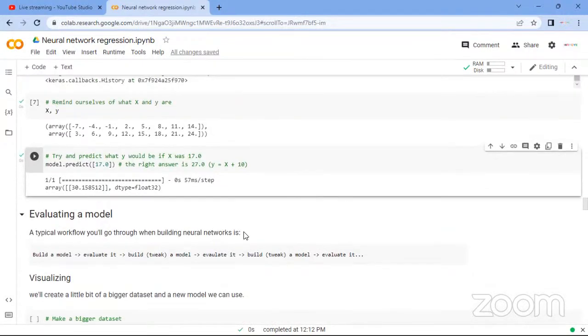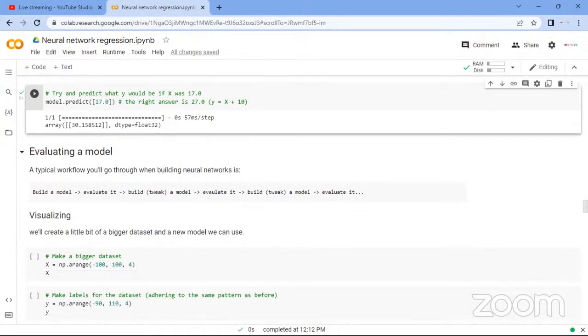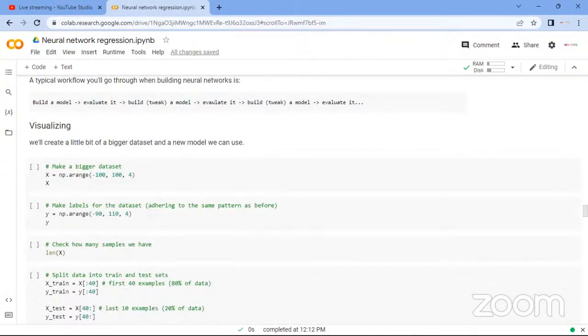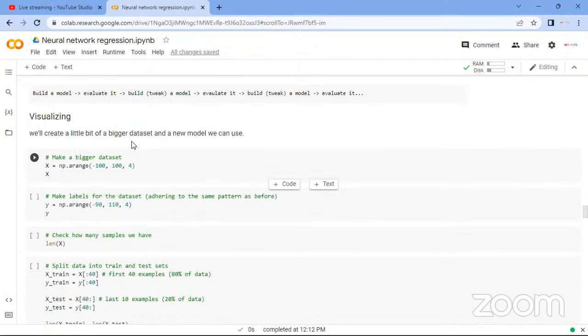So evaluating the model, the typical workflow should be: you build the model, you evaluate it, you tweak the model, you evaluate it again, you tweak the model again, you evaluate it, just tweaking, changing the epochs, changing the optimizer, the activation function, increasing the learning rates, adding more epochs, increasing the hidden layers, and all that. And also an important part when working on neural networks is